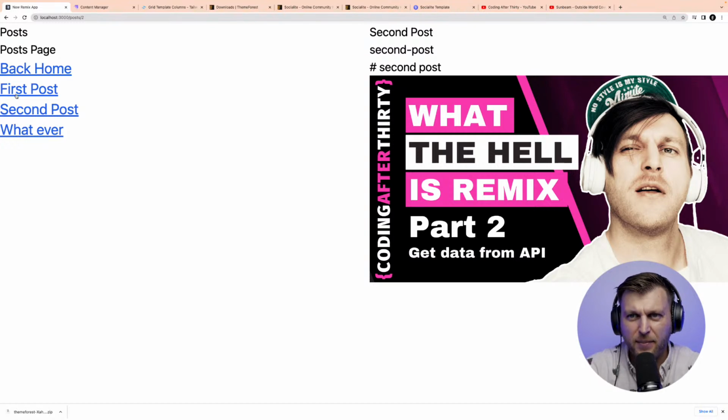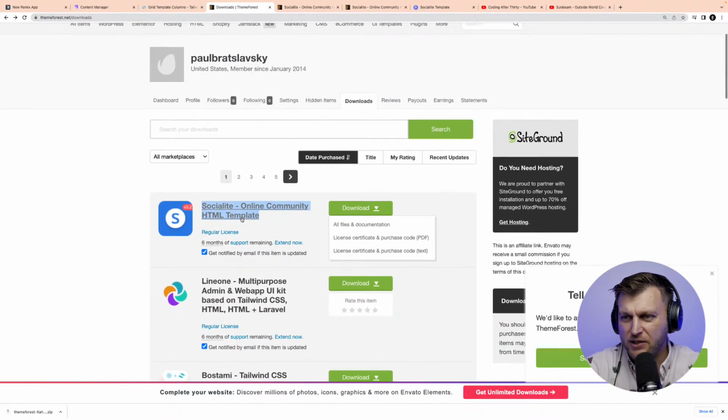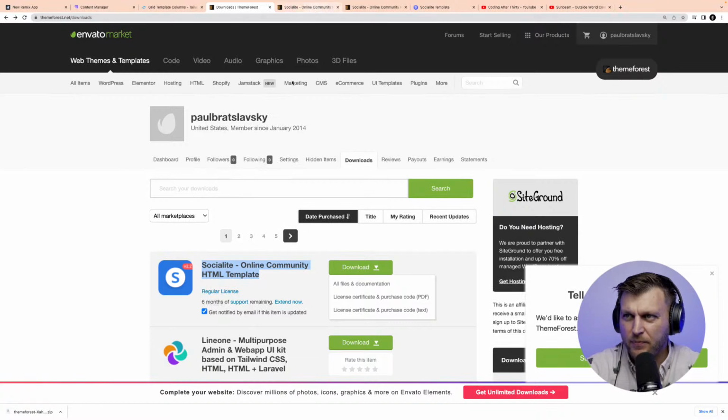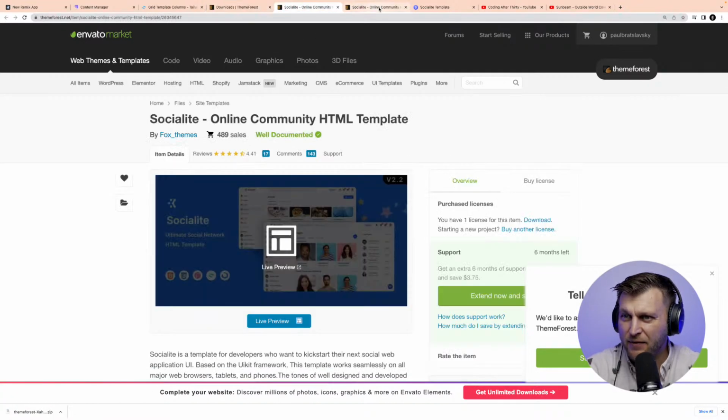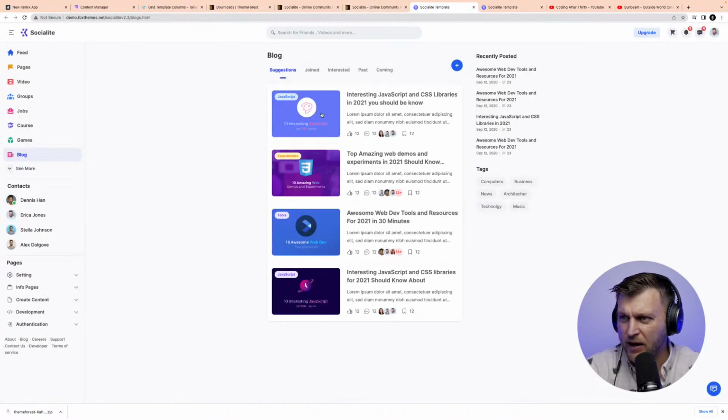So maybe we want to make this a little bit nicer. Maybe we want to show a preview of what the post is. And here's one thing that I want to share with you: you could go to a place like ThemeForest. You could see I already have this HTML template. But even if you didn't want to get it, if you wanted some ideas on how people lay out the layout, you could check out a preview. For instance, I want to see how they did this. And so you could inspect it,